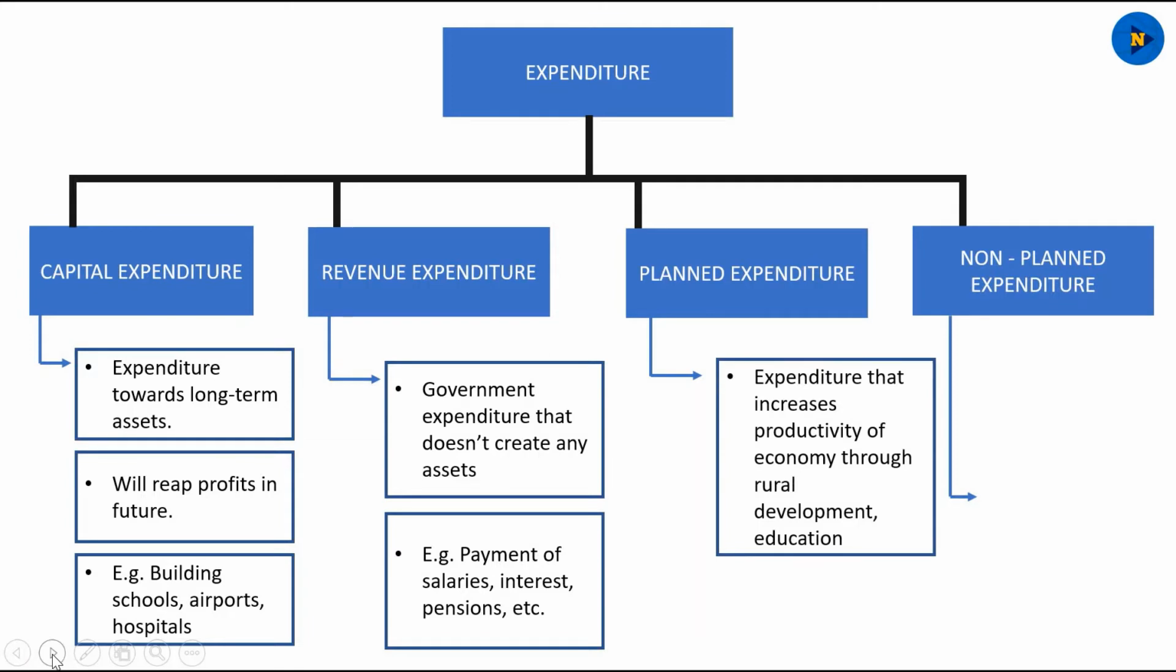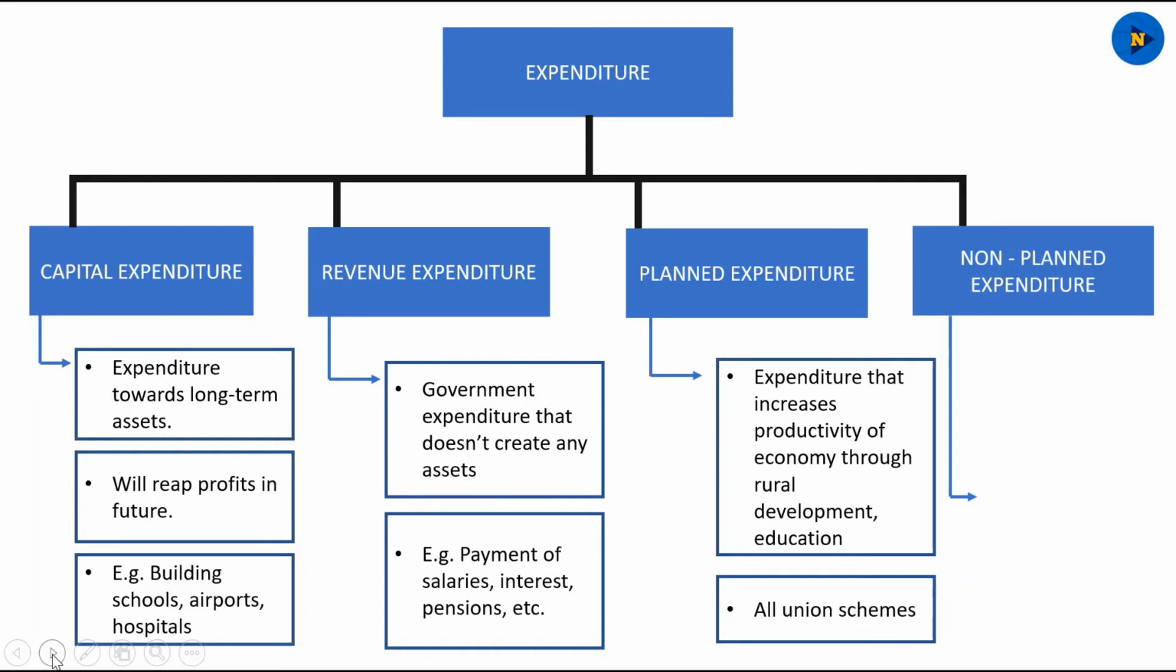So planned and non-planned expenditure are also similar, but they're slightly different in a few ways, which I'll explain right now. So planned expenditure is any expenditure that increases productivity of the economy through various different aspects. So rural development, education, improvement of healthcare standards. So the common example would be all the union schemes, so the midday meal scheme, the Mahatma Gandhi National Rural